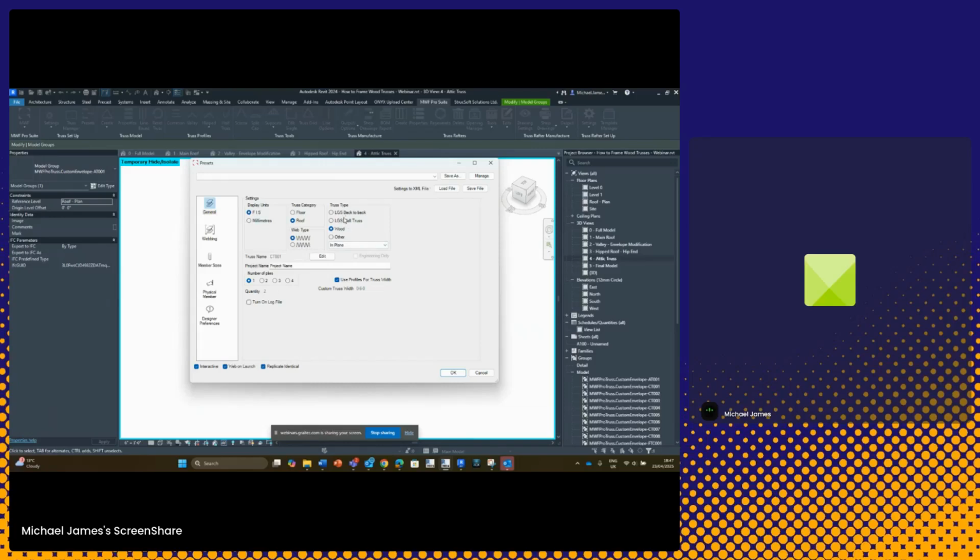For the truss type, this will affect the members that show in the member sizes. So before I define this, I'll just show you what I mean. If I go to member sizes, you'll see the available catalog. And here we have a list of